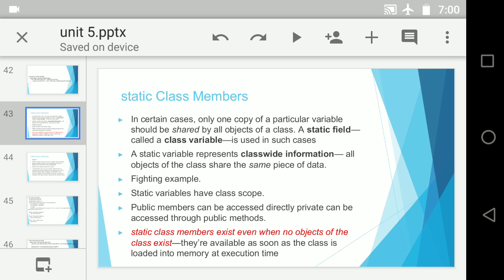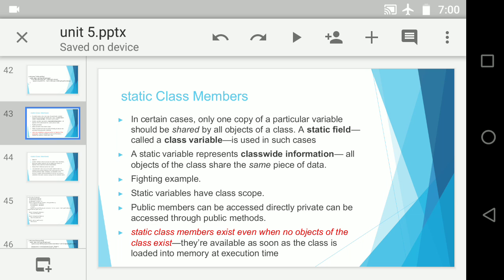And a static class member exists even when no object of the class exists. That means even before creating and instantiating an object, you are allowed to use a static variable or a static member. So if my method is static and I am calling that method even before creation of an object, then is it possible that non-static members will work in that method? No, logically no. So a static method is a method which contains only static variables.